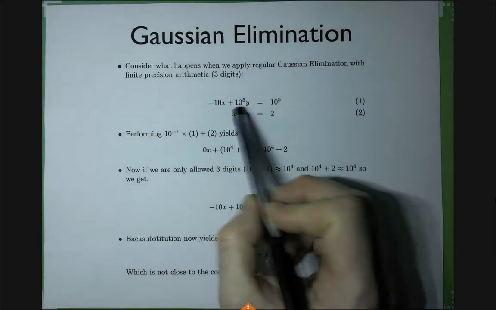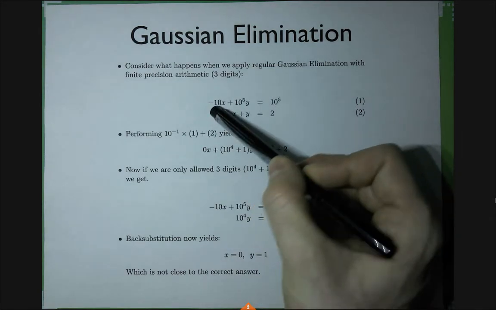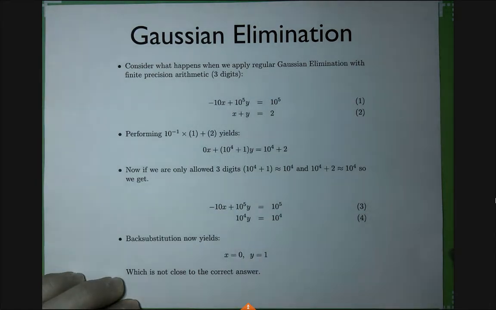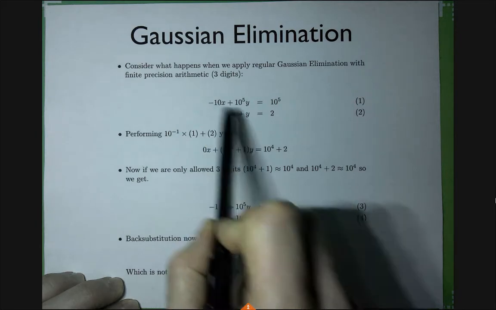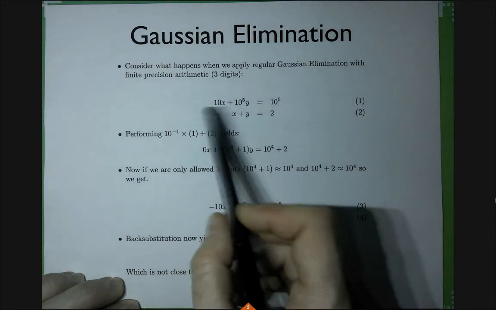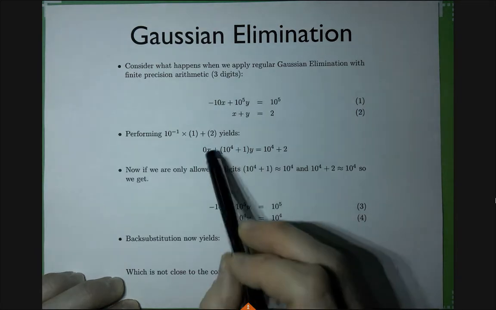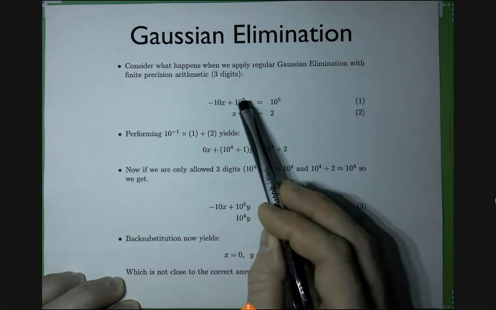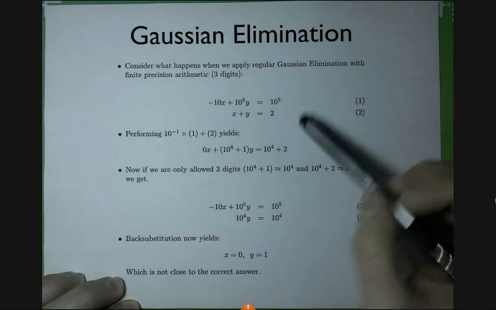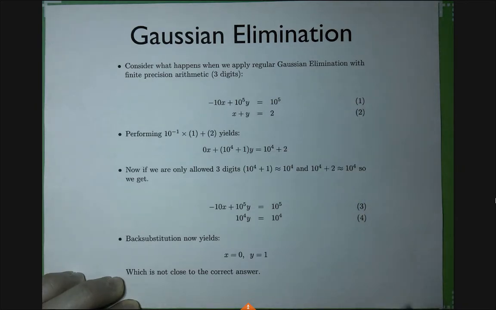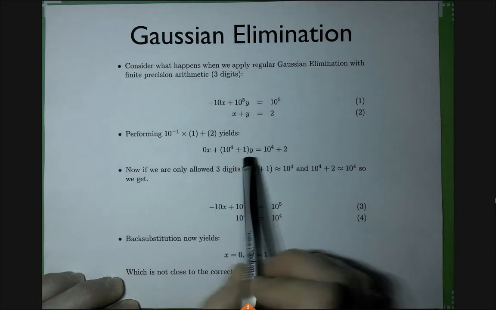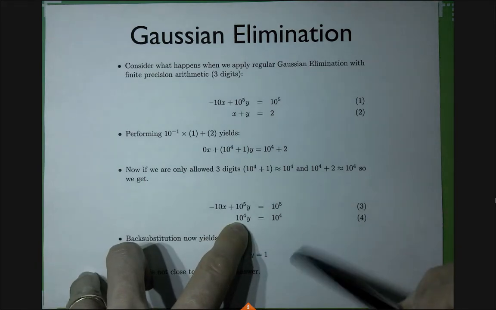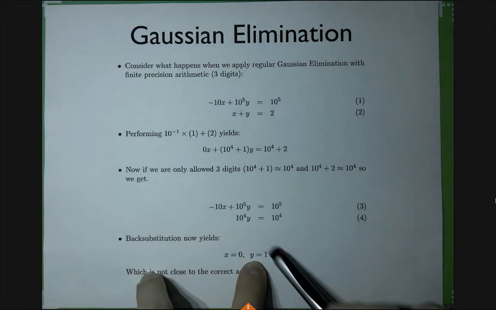So I have some large numbers here, but the pivot is pretty innocent, right? This already is after partial pivoting, if you want to look at it this way, because the magnitude of this element is larger than this one. So I'm scaling this down. And after the elimination, I get 10 to 4 plus 1, because I scale this one by dividing it by 10. And here I get 10 to 4 plus 2. So again, rounding kicks in and rounds this to 10 to 4, and this also to 10 to 4. So what I get is 10 to 4 y equals 10 to 4.